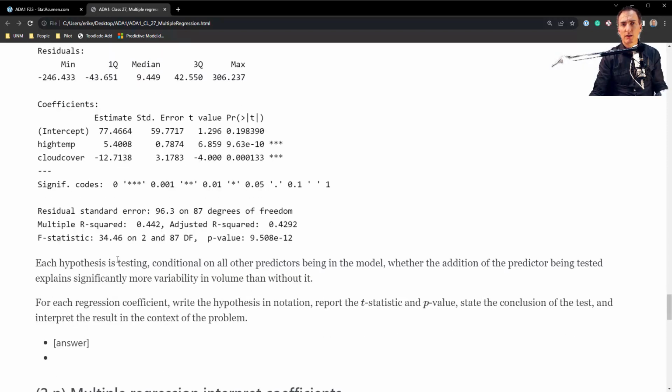Let's make sure we're answering the right questions. We also have multiple R squared, which we're going to interpret in a moment. So those are the main values. Each hypothesis is testing, conditional on all the other predictors being in the model, whether the addition of the predictor being tested explains significantly more variability in volume than without it. Meaning high